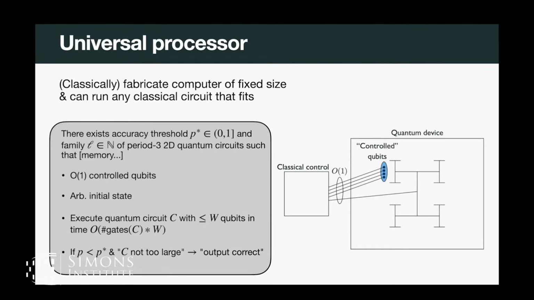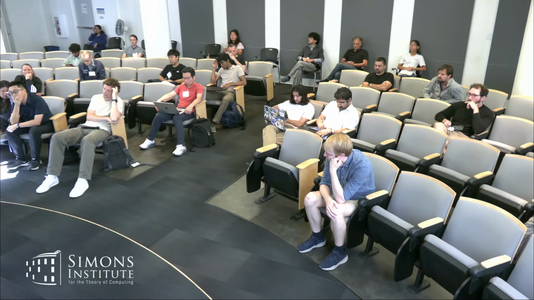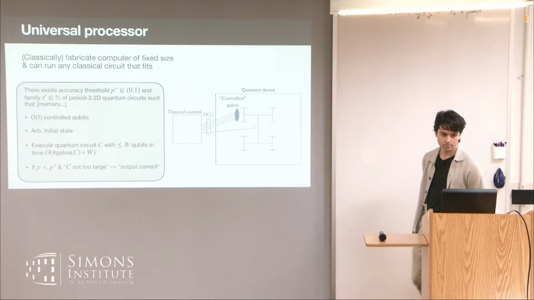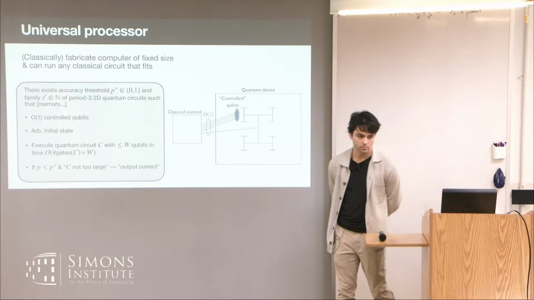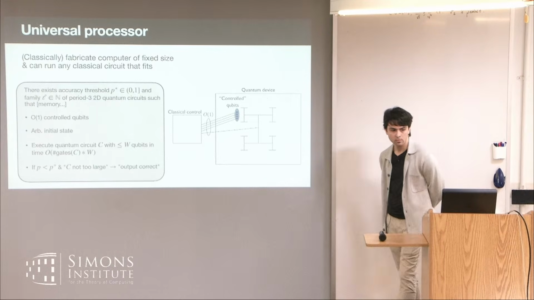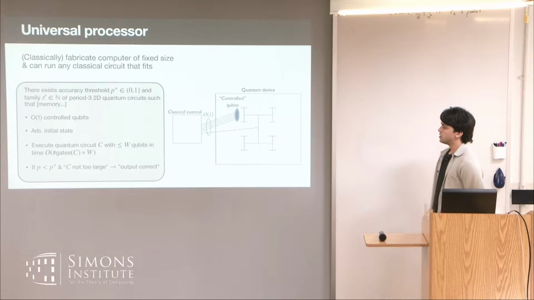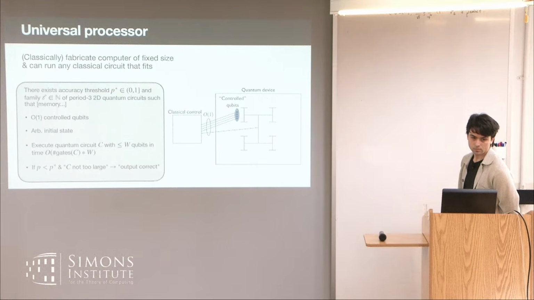Yes? Conceptually, when I think about the time overhead, should I think of it that your qubit is essentially a one-dimensional unit, and the number of gates times W is just the cost of going one cycle of this ribbon? Yeah. And in this one cycle implemented, that's a layer of gates. Yeah, that's right, exactly. Great. And when you say a constant number of control qubits, should I think of there being a constant number of gate locations attached to this ribbon, or multiple gate locations, but many of them are the same Hadamard?